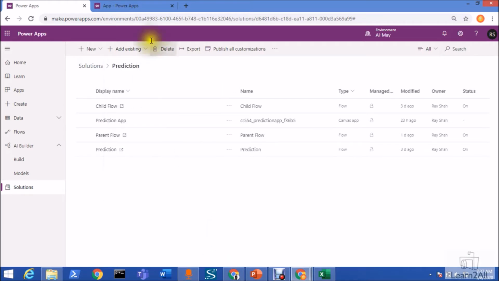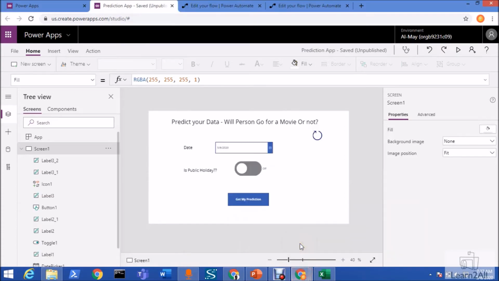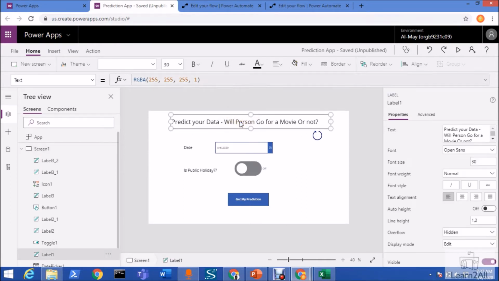All right, now this is the blank screen of the Canvas app. Now we need to build some pages and forms over here. I already did that, so I'm showing it to you. This is my screen, and you can see I have added one label, that is predict your data, will a person go for a movie or not.